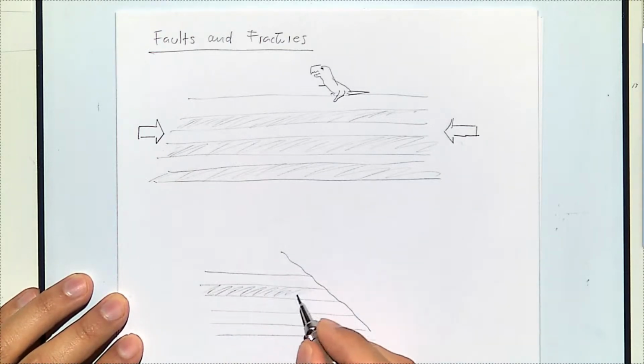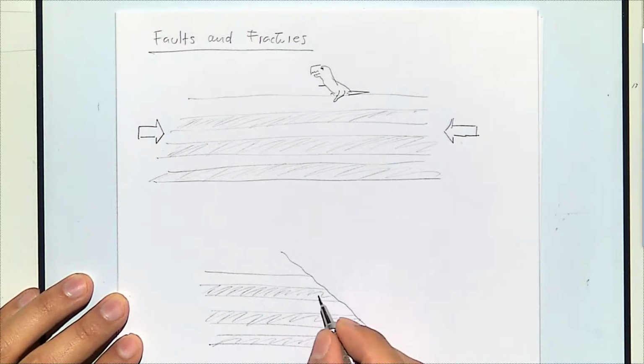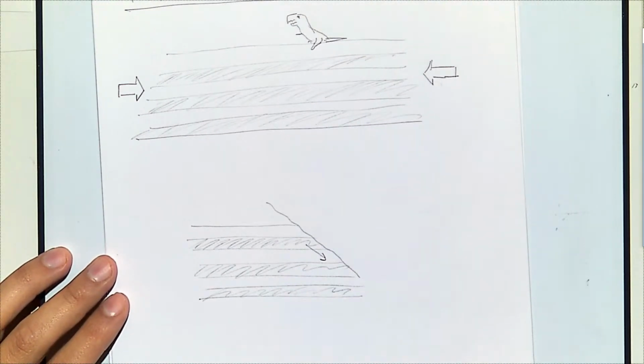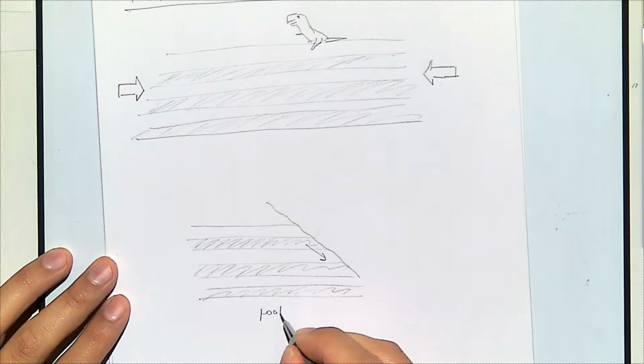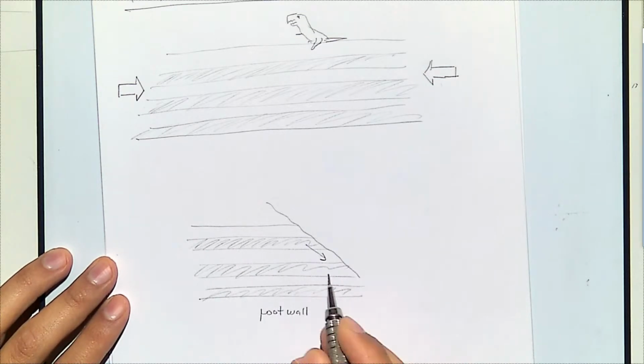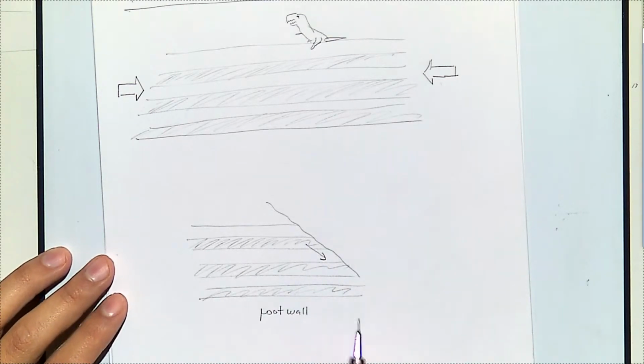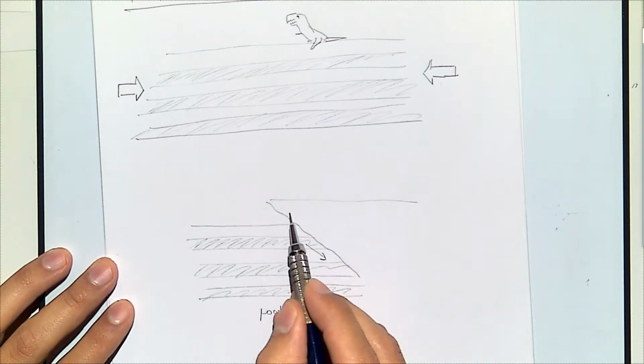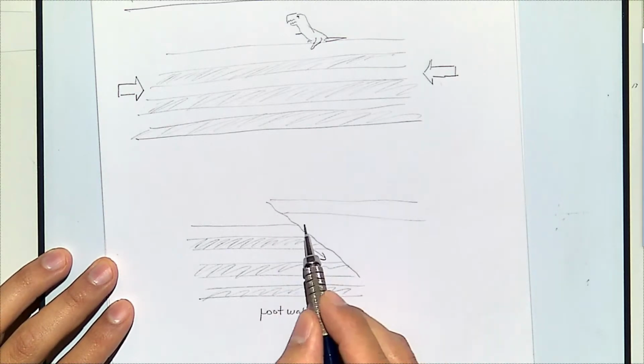Probably the rock that was before somewhere over here, it might have gone down in this direction. Usually in fault terminology, this is called the foot wall. Whatever is underneath the fault is called the foot wall. And what was on top